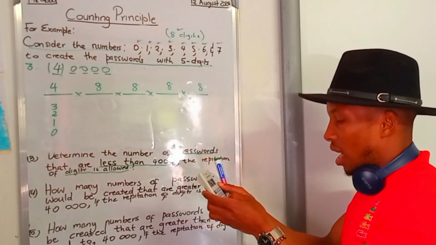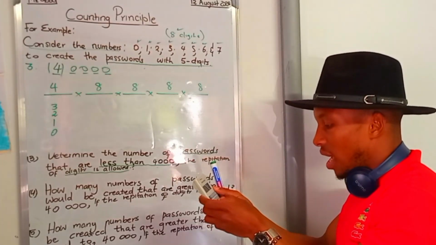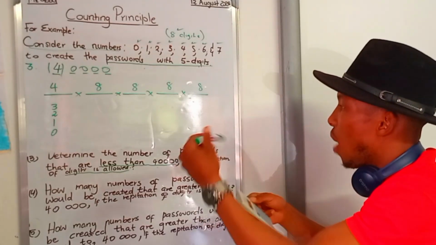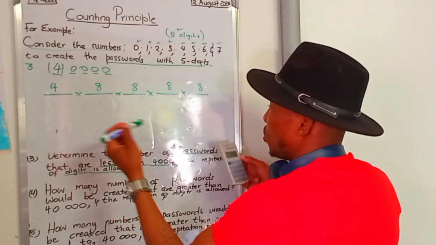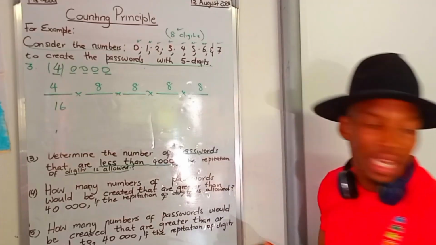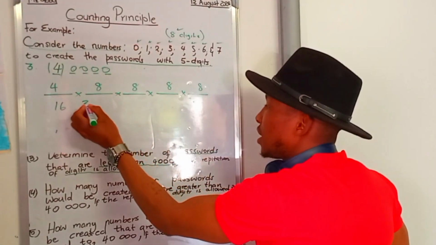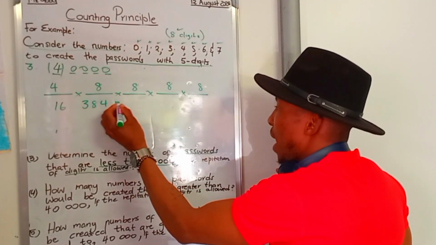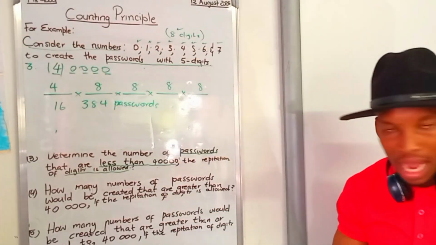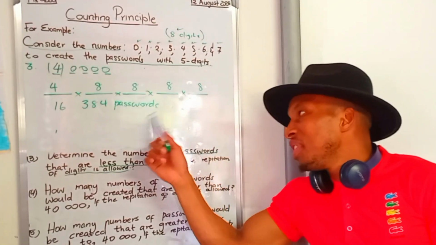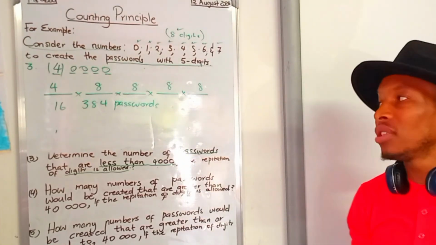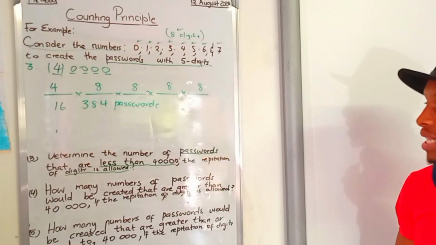4 times 8 times 8 times 8 times 8 equals 16,384 passwords. Okay, listen carefully. Here in these passwords, we have a code that is exactly equal to